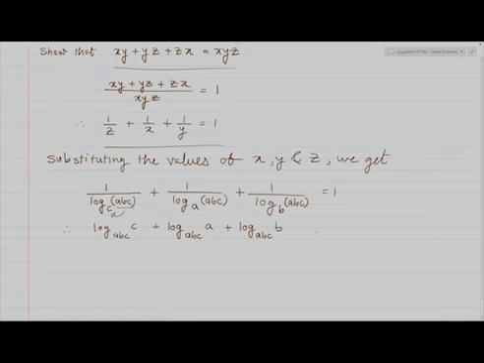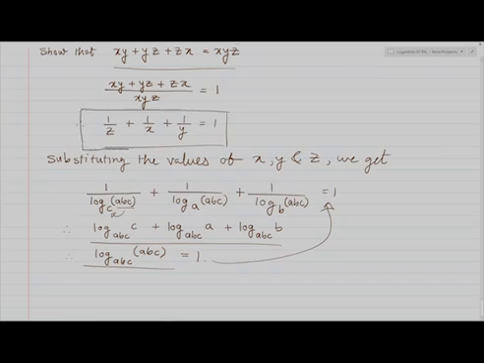Now can I say this is equal to 1? I can again use the multiplication rule and say that log of ABC to the base ABC is naturally equal to 1, and therefore the answer is equal to 1. Because I derived it, it is equivalent. Because I derived it from the earlier expression to show, it reduces to this, and then I substituted the values of x and y.